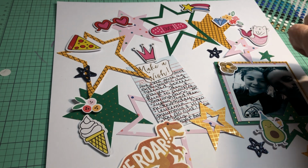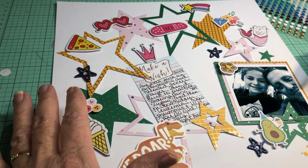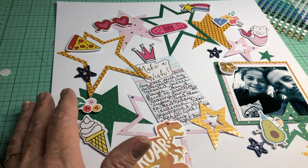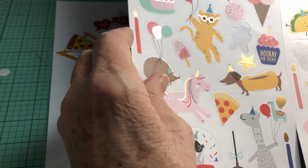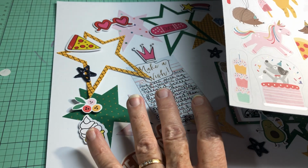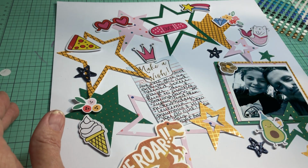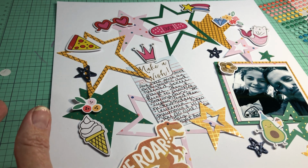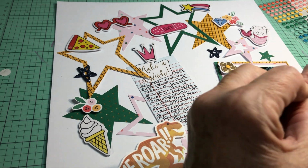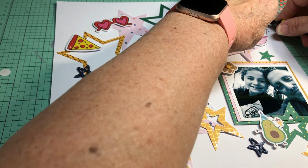I've got some plus signs in this aqua color, and I don't see any aqua in there, any teal in there. There is some teal in some of these embellishments, this little party hat and in this group of flowers, but nothing that I've chosen for this page has any of that teal in it. I could say, to heck with that, I can introduce it as a color, but I'm not going to do that. I have all of these colors to add in because I'm going to dot it up. I had thought about doing some ink splatters, and I thought I wouldn't do that. I'm going to add these little